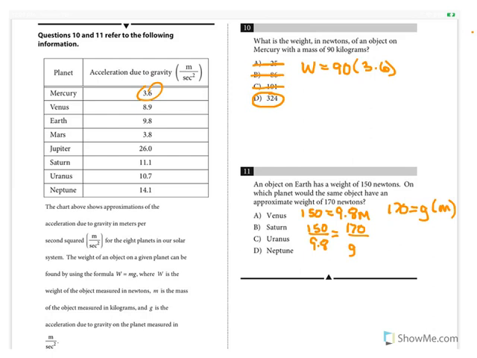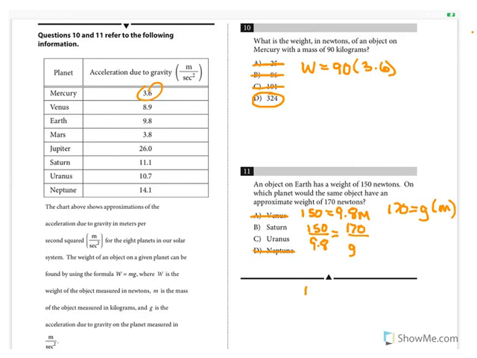So now, 170 is slightly larger than 150. So the g that we're looking for can't be Venus because that's less than 9.8. We're looking for a number that's slightly more than 9.8. Saturn, 11.1. That sounds very tempting. Uranus, 10.7. Those two are close, so we don't know which one. Neptune is too high. So now we're in a situation where it really would be in our best interest